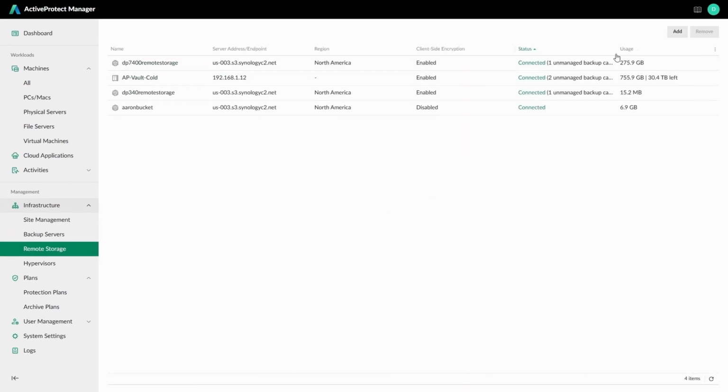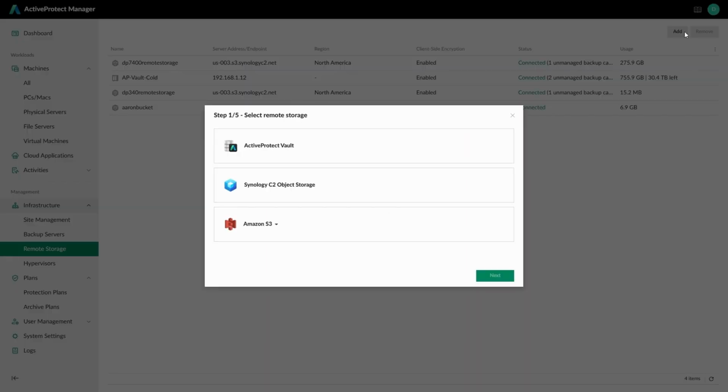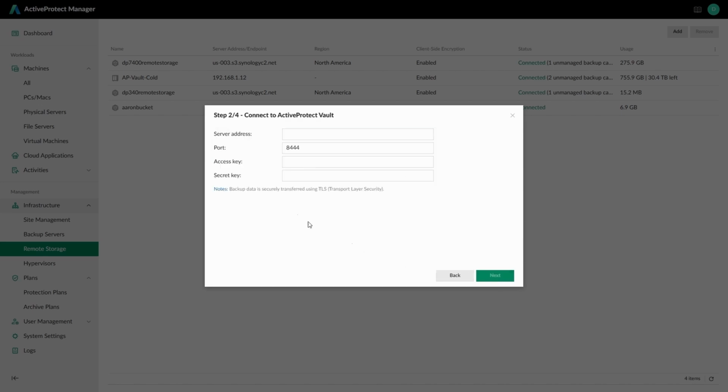Now under remote storage, we can add in a Vault, C2 Object Storage, or AWS S3 as your destinations. These are essentially different options for sending your backup copy to. So if we choose ActiveProtect Vault, we can join a Vault Synology NAS on the other side to this site. So we're going to hop over to the Synology NAS in question, and we're going to begin going through the